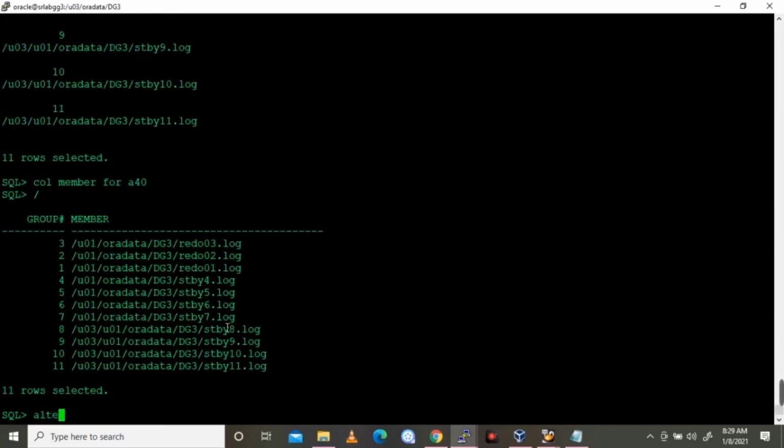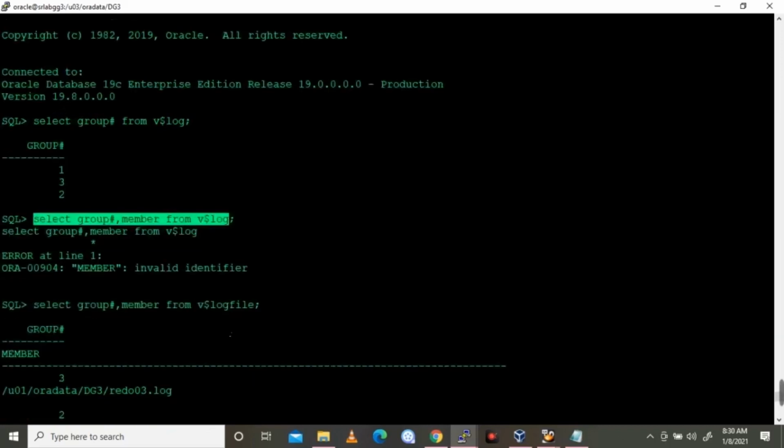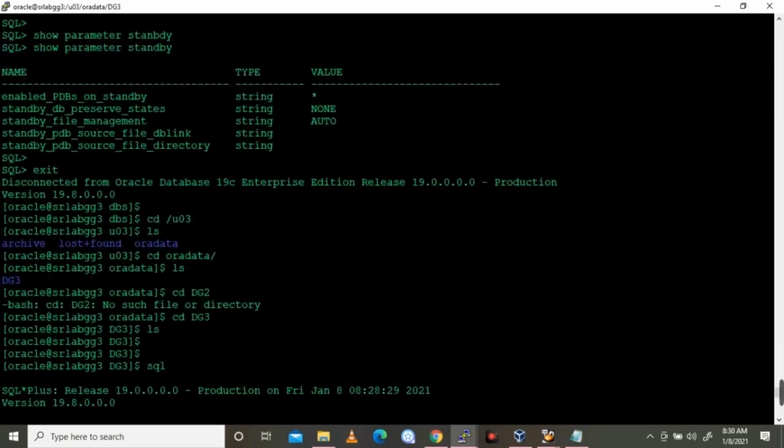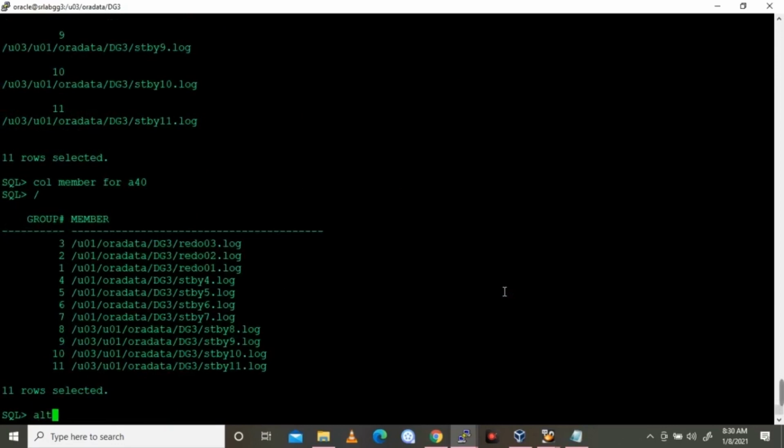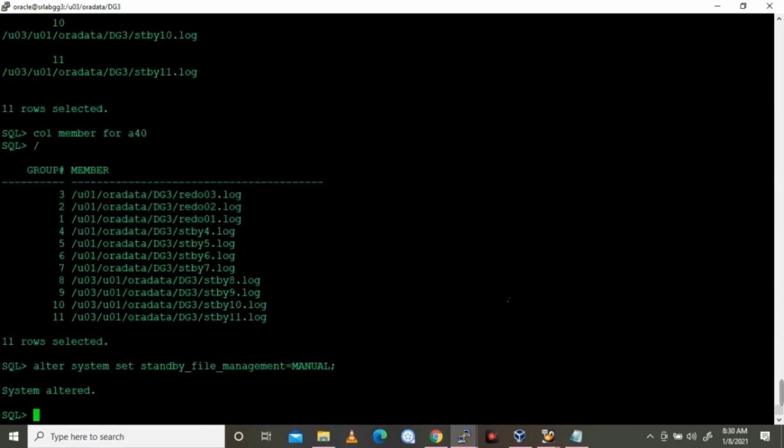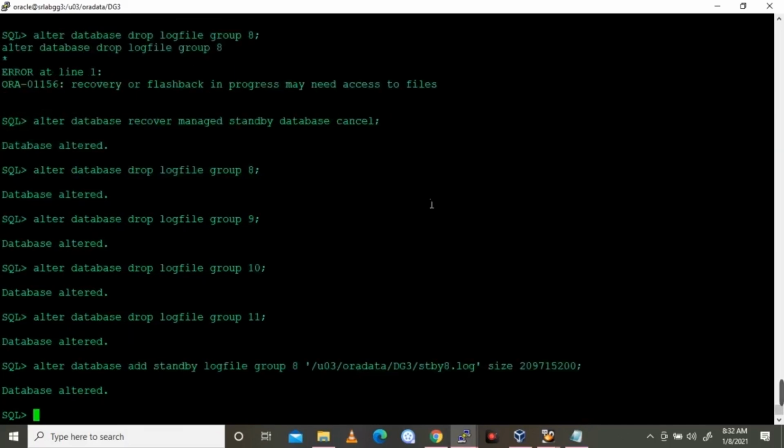So I'm going to recreate the standby redo log. Alter system set standby_file_management to manual, and then I'm going to drop the existing standby redo logs, I mean standby redo log groups 8, 9, 10, 11. I'm going to drop them and recreate them.